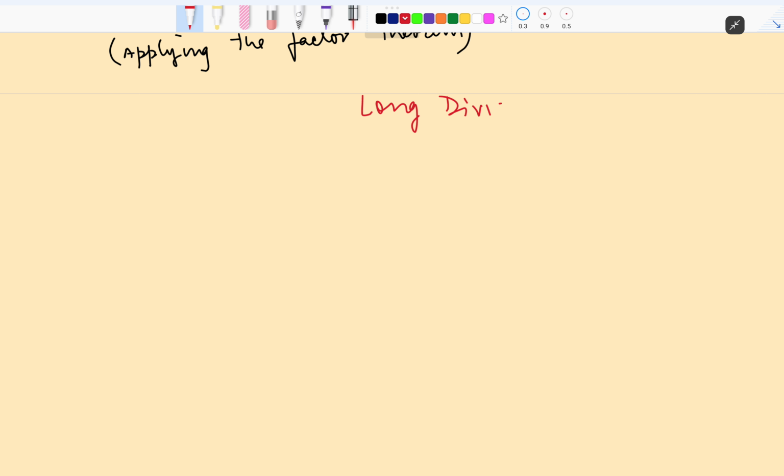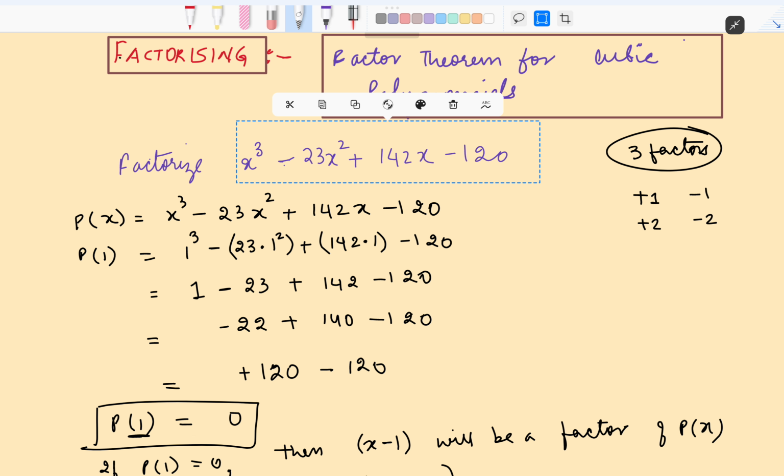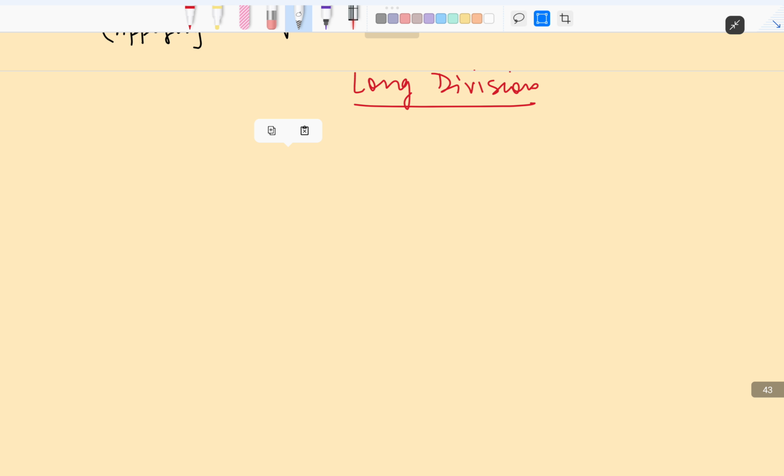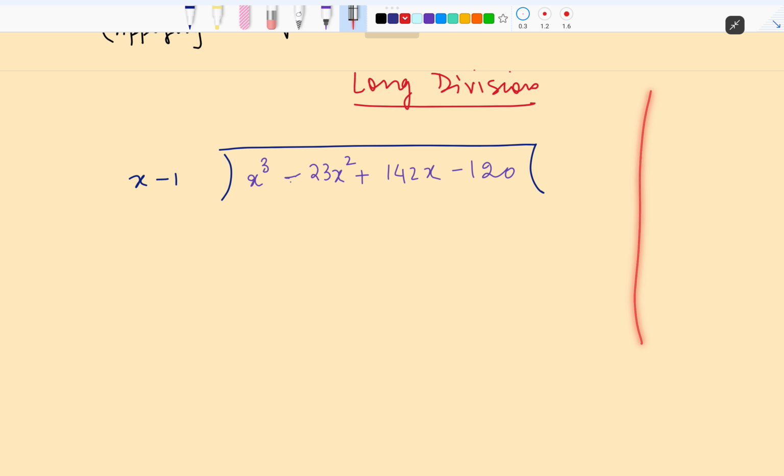It's very simple. We are going to divide this by the factor that we found out, which is x minus 1. अब देखो डिविजन का इंटेंट क्या है? डिविजन का इंटेंट है we divide the way we normally divide. ओके, डिविजन का इंटेंट है कि आपका जो सबसे पहला टर्म है you have to eliminate that first.